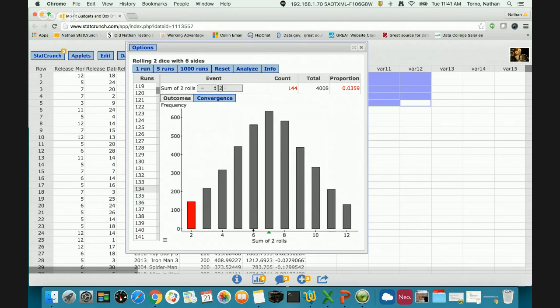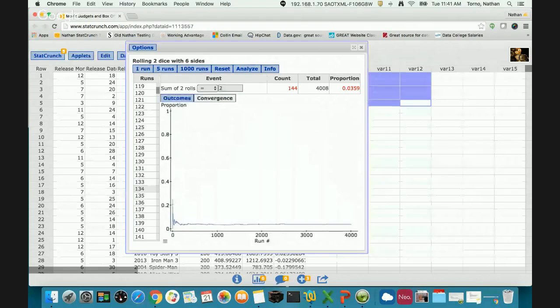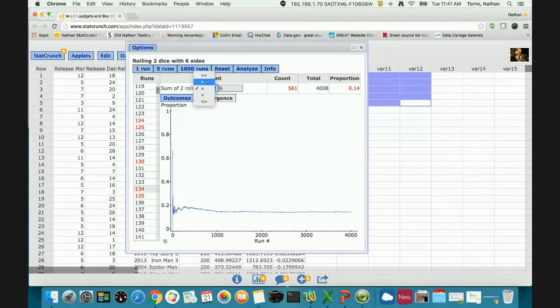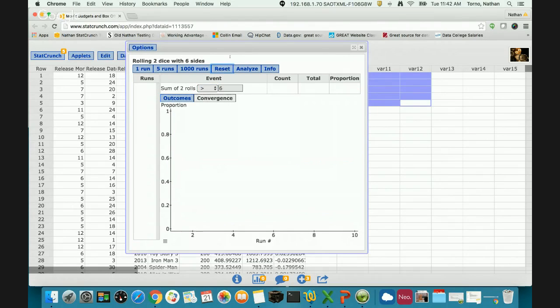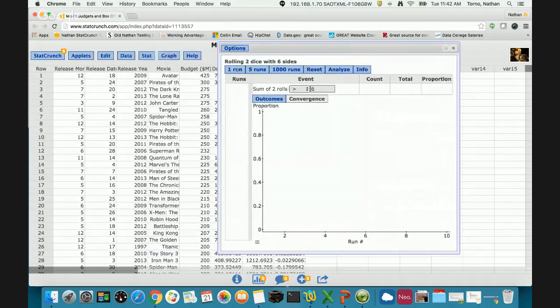So what this convergence graph is doing is, over time, what's the proportion of the rolls that met that criteria? So if I say the proportion that's, let's say, just greater than 6. Over time, this shows you after each run what proportion of the total was greater than or equal to 6 or greater than 6. Let me go and reset this just to give a better idea what's happening here. So if I do click on 1,